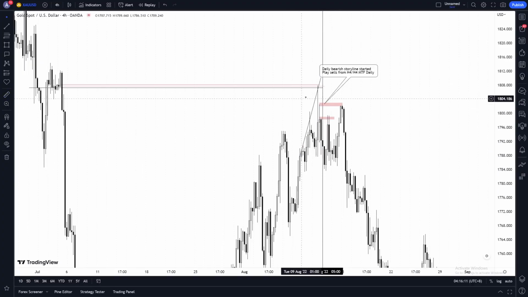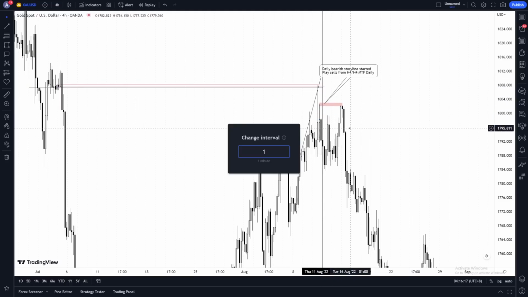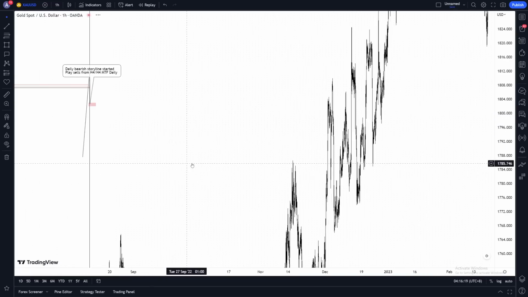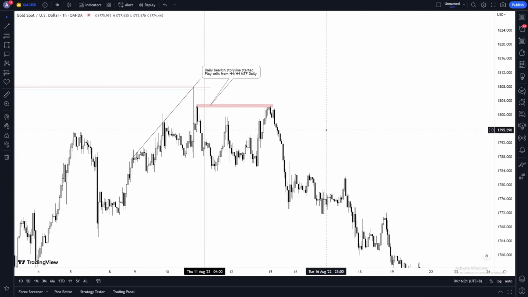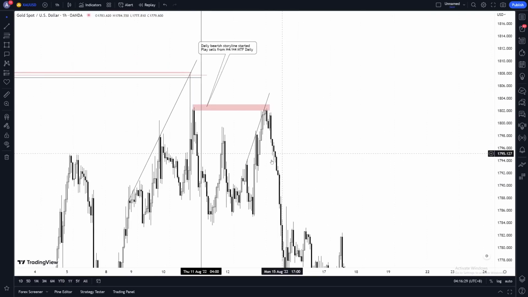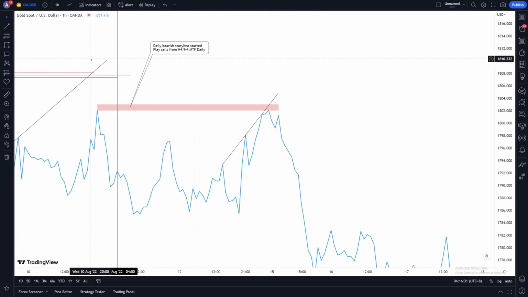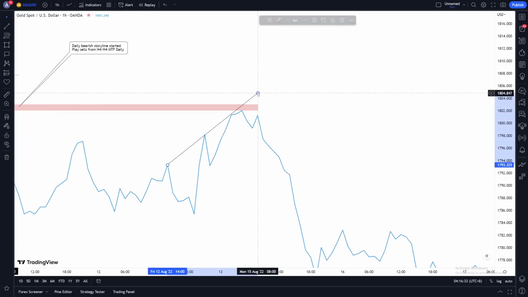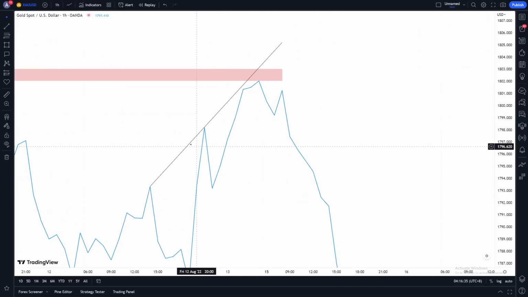Second area, daily reject daily, H4 breaks out. We have this first setup. It didn't exactly play to plan. It doesn't exactly last. Second area is this H1 here. This is the last possible area that it could go to, right? So I don't know, maybe if you want to do something like this, perhaps you're just connecting the resistances, by the way. If you're wondering, you can actually draw a trend line easier on a line chart. So if you were to do something like boom there, just like that.